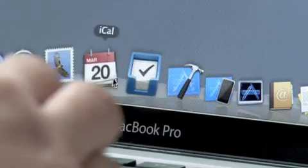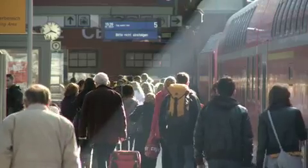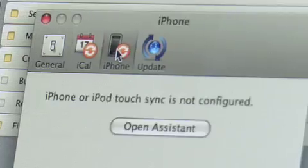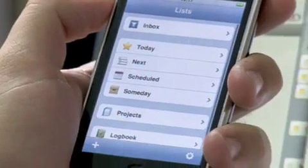Things. We did already have a Mac version of the application, but tasks hit you while you're walking in the city or while you're in the store buying something. So Things for the iPhone is really Things for the Mac on the go. And since both versions sync with one another, you really have the entire database of the desktop on your iPhone